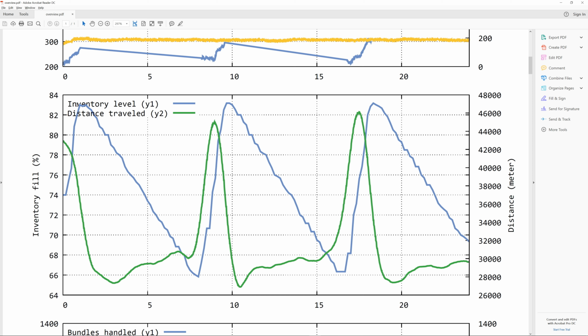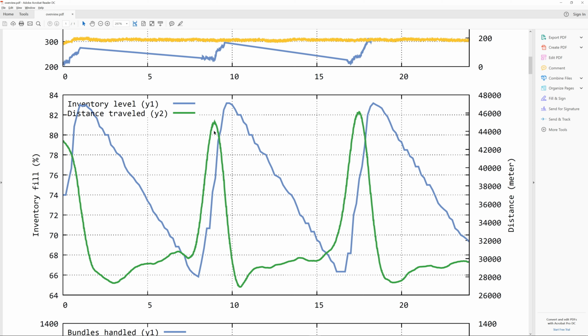Actually not completely reached, however. Then it quickly dropped again, or not quickly at all actually, but quickly refilled again. And so this is the behavior that we of course see if we have this bundle or this replenishment pause like we specified it. And also the travel distance of course changes a bit with this too, because during replenishment